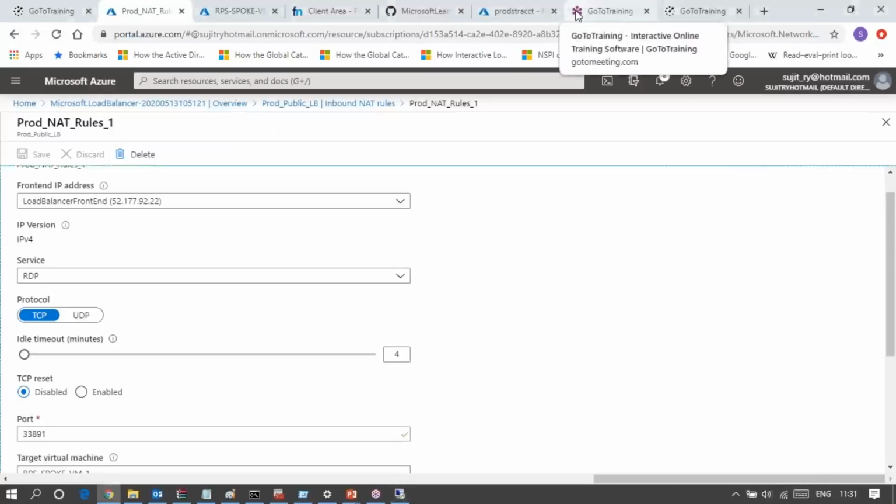Sujay asks, is SSL offloading functionality there in this load balancer? No, you have to do it in the application gateway, because the SSL session layer is not running with this load balancer.